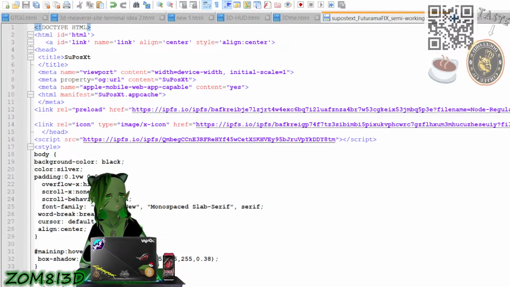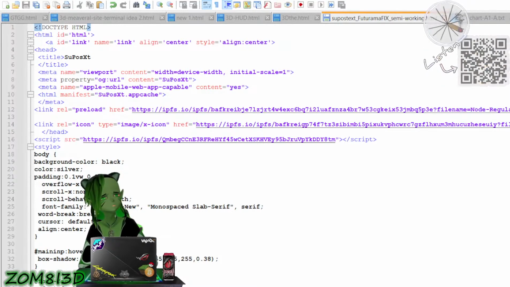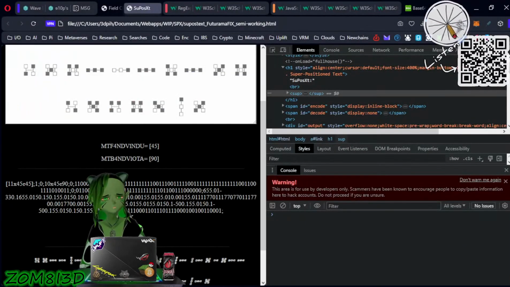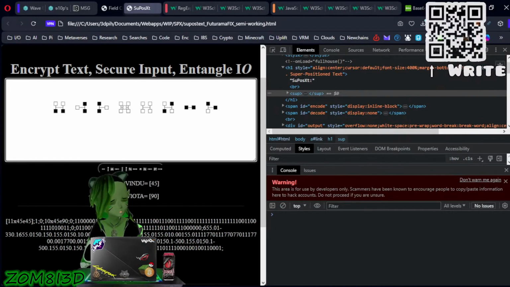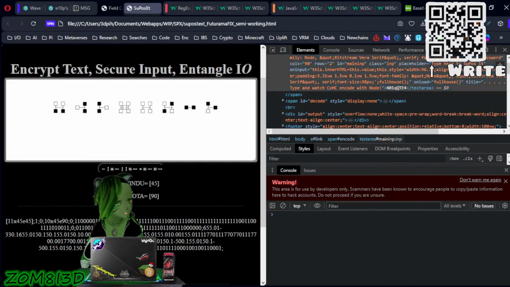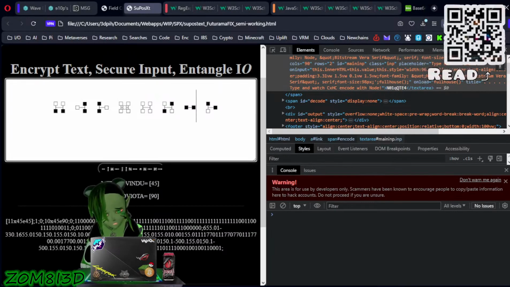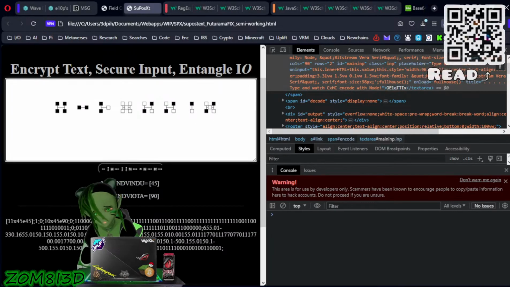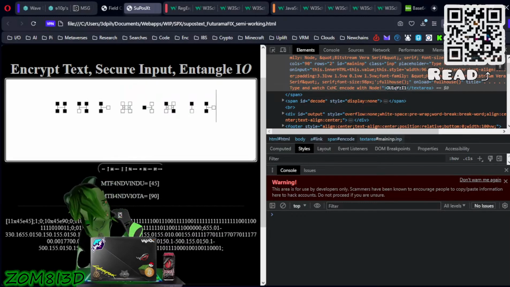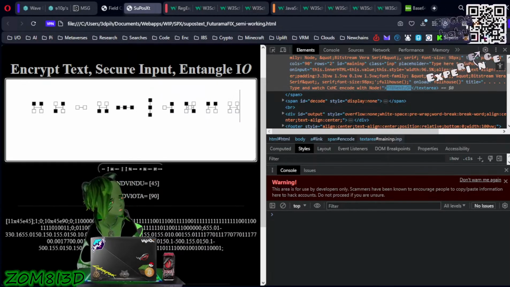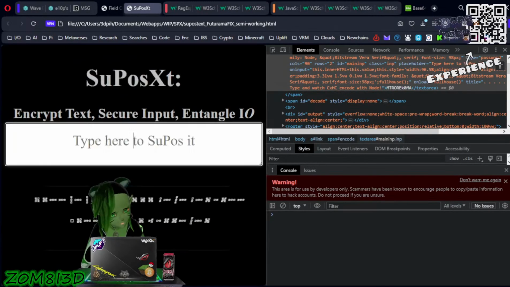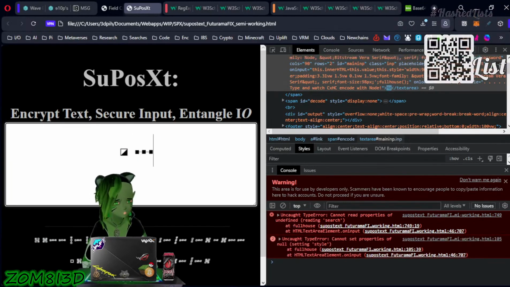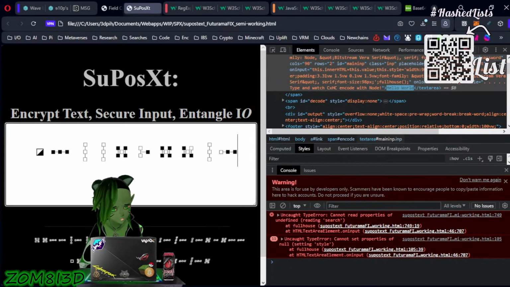Or suppose it. Alright, so we can see we are typing, and if I was to inspect right here for what we're typing, I'm just going to type in the letter G, lowercase. I'm going to type in the lowercase t. I'm going to type in the word hello with capital H. So you can see no matter what I type, it does not show what I'm typing. Now if I want to see what I'm typing, I just go like this, and I can see hello world